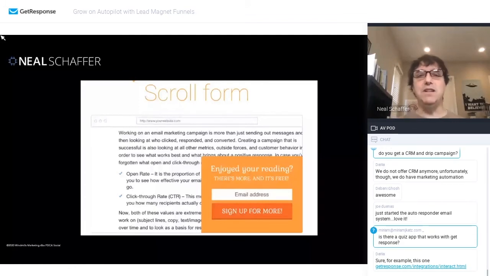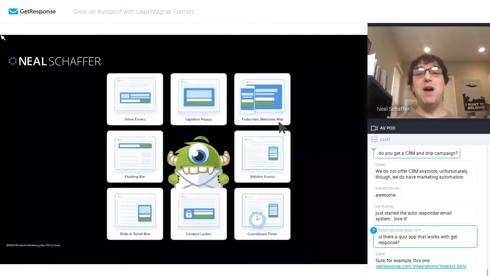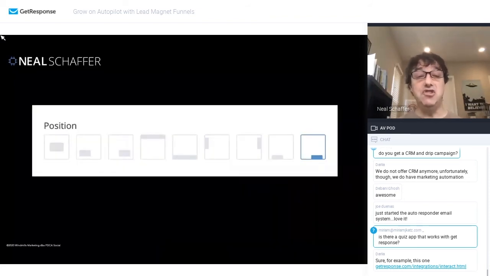Obviously, like any other email marketing solution, GetResponse integrates with a lot of the leading pop-up form and other third parties. If what you saw up until now was not enough for you and you want to customize things in a certain way, Opt-in Monster is one that I use, and they have a lot of different formats that you see here. Some are the same as what GetResponse has. Some like full screen welcome mats, countdown timers, content lockers are pretty unique to Opt-in Monster. There's another one that I use if you're into showing these various top bars and scrolling and what have you. This is a tool called GetSiteControl that also integrates with GetResponse that you should check out as well.